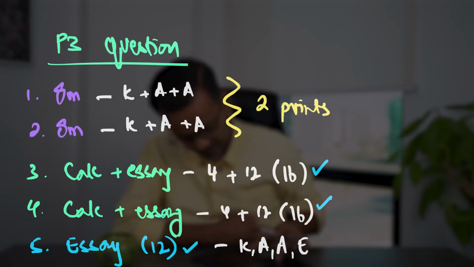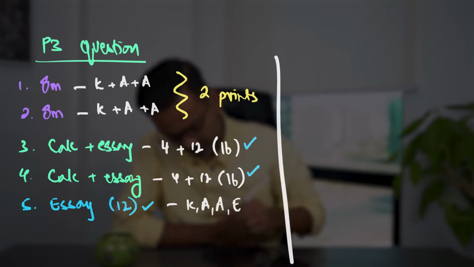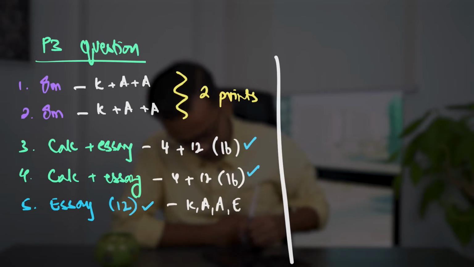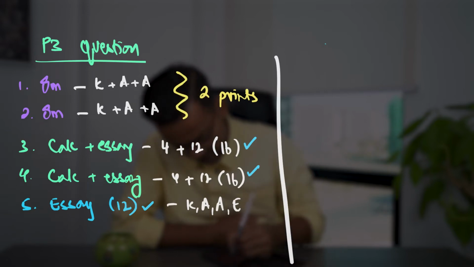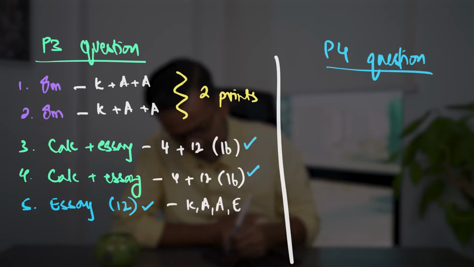And paper 4, how it's different from paper 3, is that you're no longer asked to write an 8 or 12 marker, but rather this is the only paper where you're asked to answer 20-mark questions. So in paper 4, there will only be 2 questions. And you have 1 hour 15 minutes